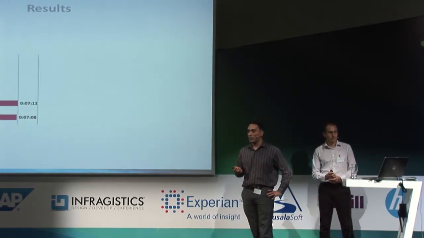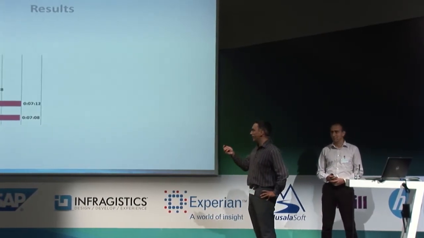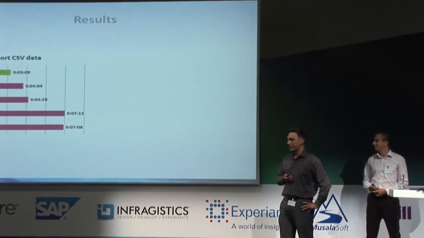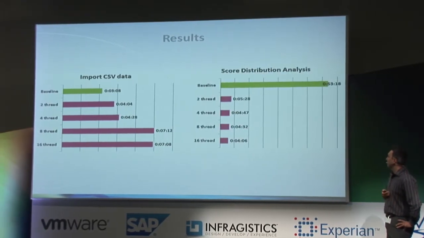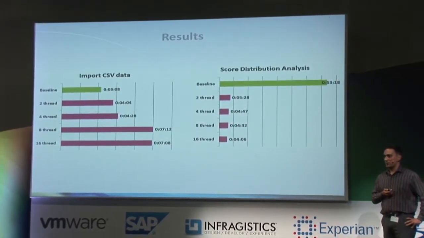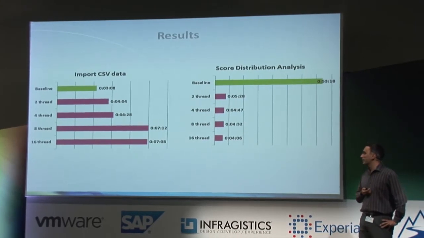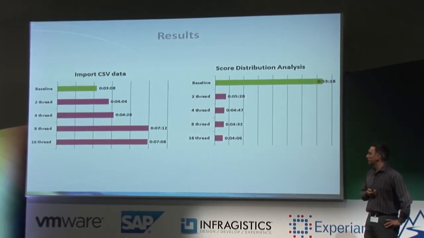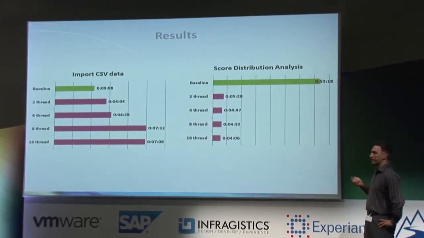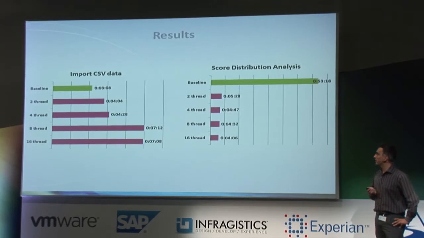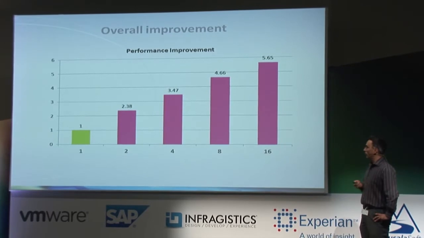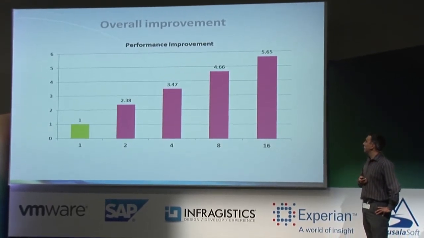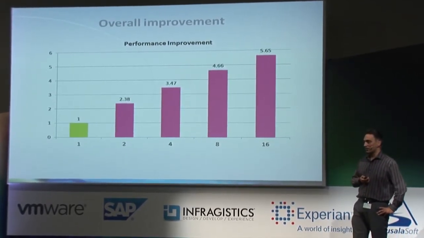Luckily, we had a workflow, and the workflow had some weights on it. Importing of CSV data was usually only used once per project, while other reports were used hundreds of times per project. And while the reading in of the data slowed because of the change in the data storage, the performance of some reports increased 12 to 13 times on different configurations. So at the end of it, we had an increase in performance of the whole workflow between 2.38 and 5.65 times, depending on the different configurations.